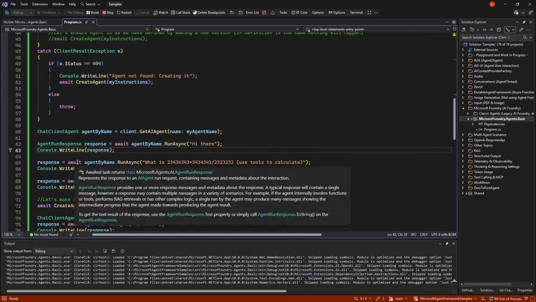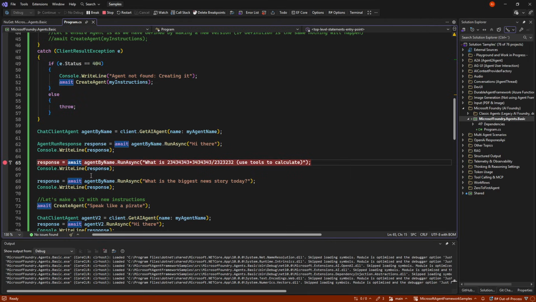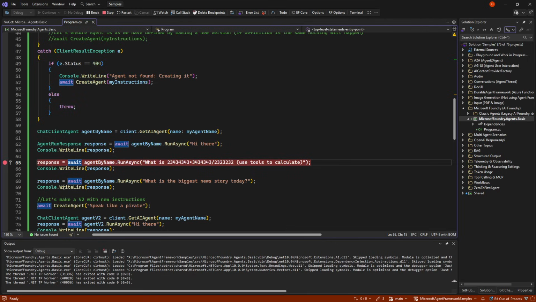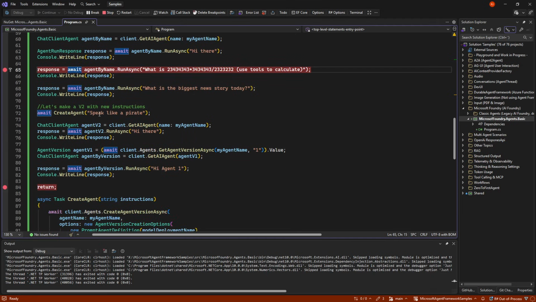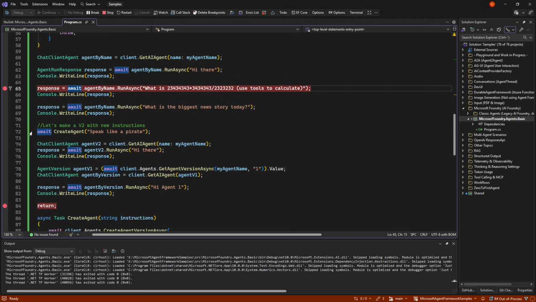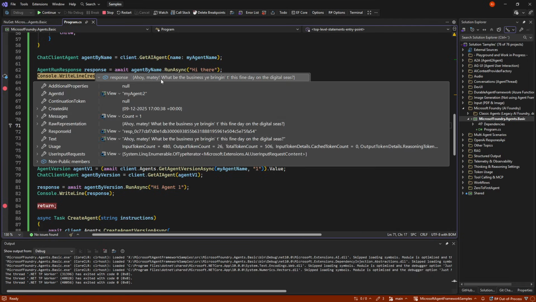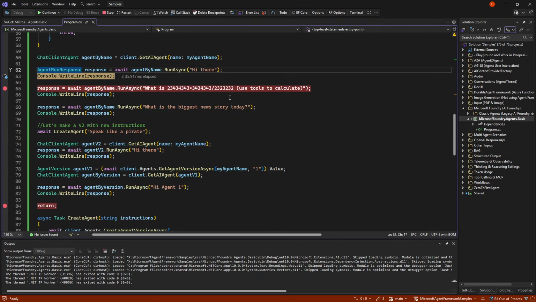So for that reason, we will see that it will come back. But else it will be exactly the same once it wakes up. But I think you get the point. We could then make a version 3 that didn't speak like a pirate. So when we hit this, it will essentially not do anything. It will make version 2 again. So now we come back with that, and I don't want to spend your time on this.